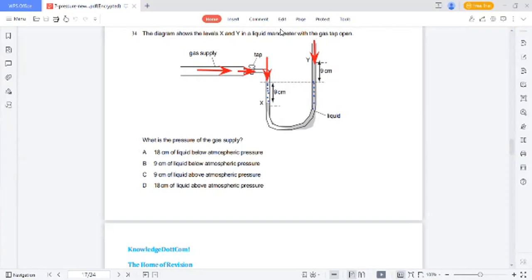So this one plus this one, this total between these two is 18. So in centimeter it is 18 plus atmospheric pressure. So total pressure is, gas pressure is